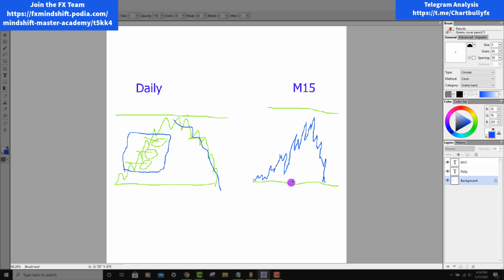Now keep in mind, there's still market structure within the market structure, right? So we still have the higher highs, lower highs, the higher lows, the lower lows, and so on. So what I'm trying to tell you guys is, if you can focus on the ranges and find ranges using the fib settings that I gave you, it's going to take a lot of guesswork out of it. Patterns are going to be important, but you don't really have to have those, right? You just need to know